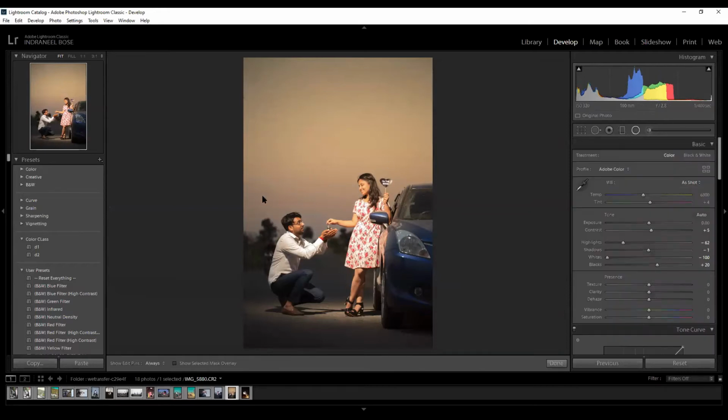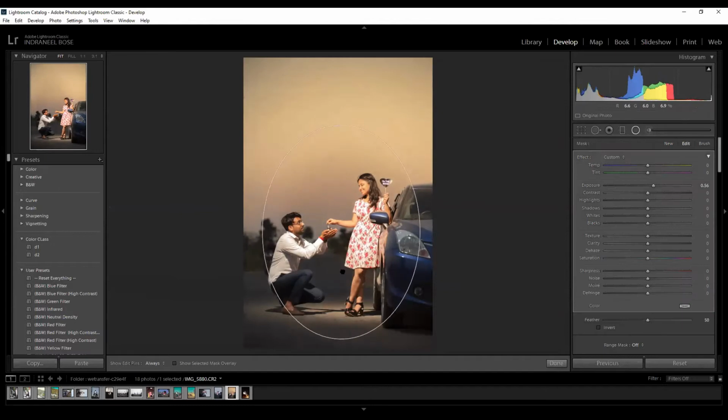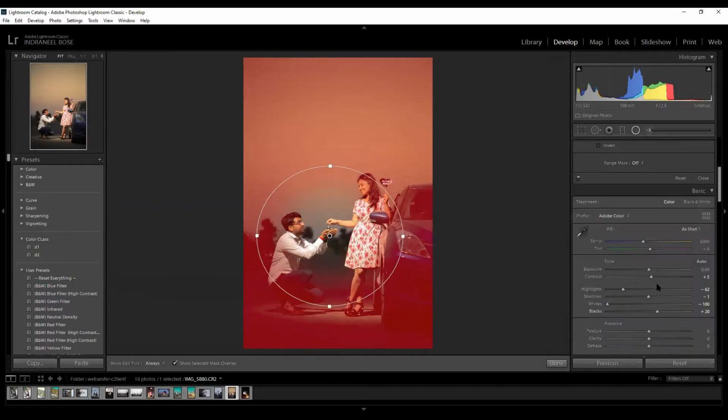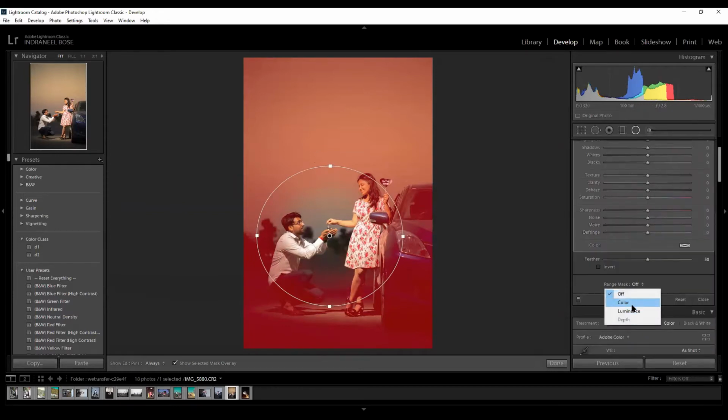Now, as we pull down the radial filter circularly, whenever you pull a filter, just double click the effect portion so it comes back to 0. Now press the O and see the outline masking, how the masking outside is working. So we can pull it down a little more. Okay, fine. Now we can take the colors that we want to work in.